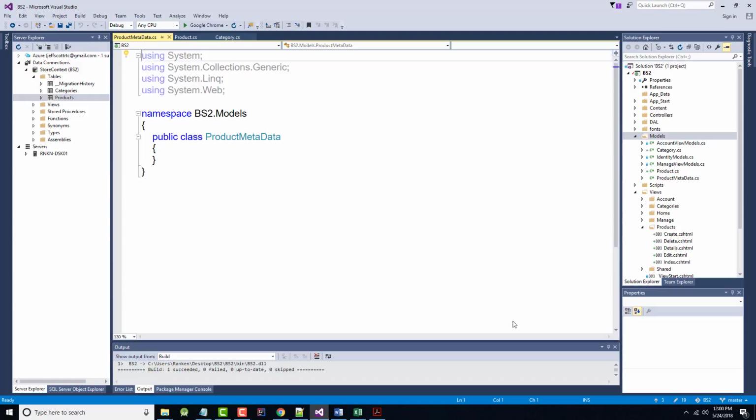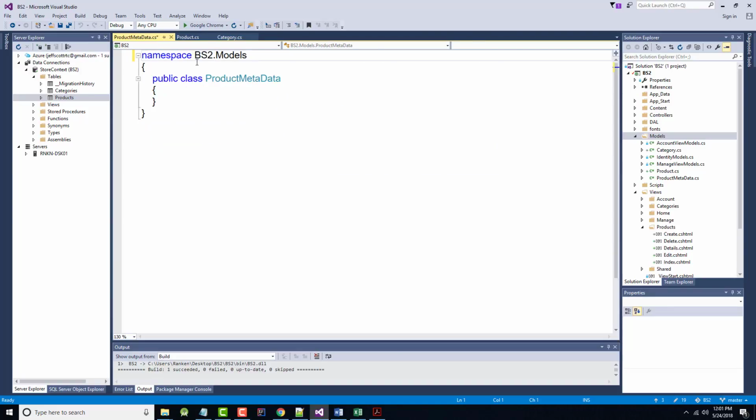All right. We've got our using statements in there. Because we're not going to need any of these, we can remove those. But we do want the using System.ComponentModel.DataAnnotations. We want that. Namespace, etc. Public class, but we're going to change this from a public class to what's called